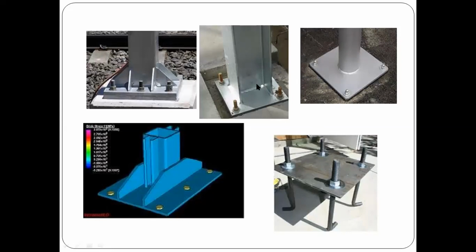This example is called a slab base example, and in this example you can see the gusset base, where the column is supported with gusset plates when the load is heavy. So we go with slab bases when the load is small, and for heavy loads we go with gusset bases. This is a practical picture of the gusset base. I think you might have seen these kinds of pictures, real applications, isn't it?